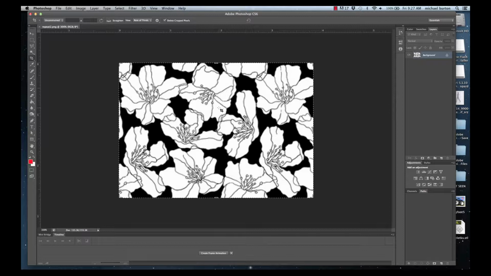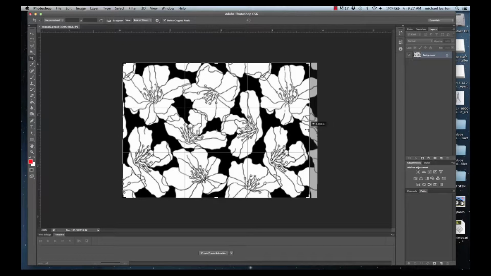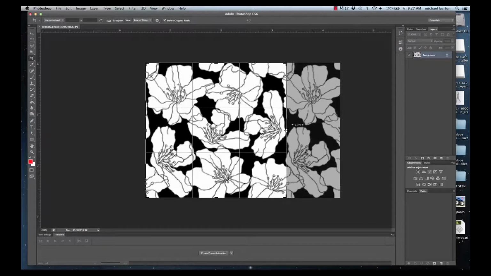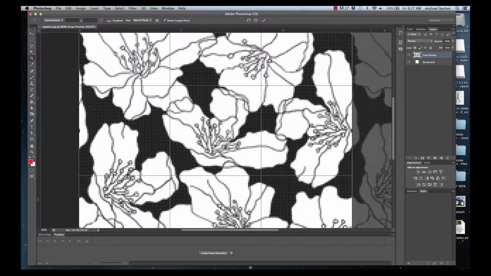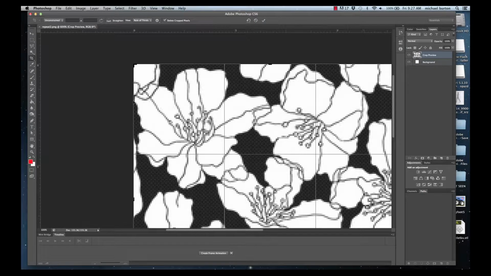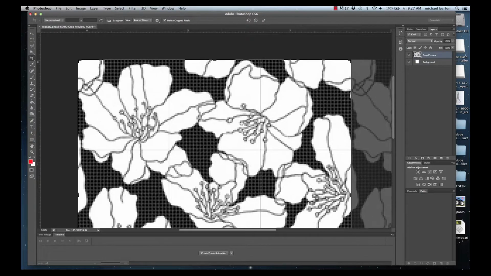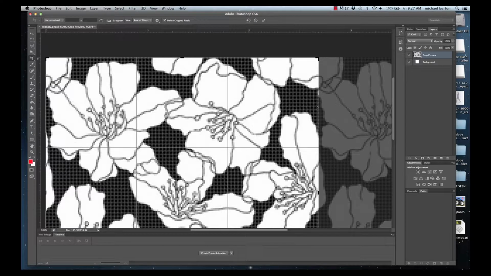In this case, you can see this flower and this flower, they both repeat. So I don't need this extra flower in here. In fact, I need to crop it down a little bit more. So what you would do is line up this edge of the crop with this edge of the flower. I've chosen this area right here, and if I zoom way in, you can see that I have a line here that touches the edge of the flower. I'm about a pixel away from it,